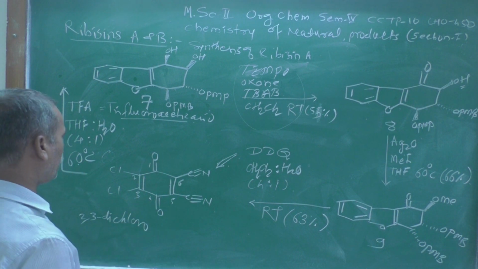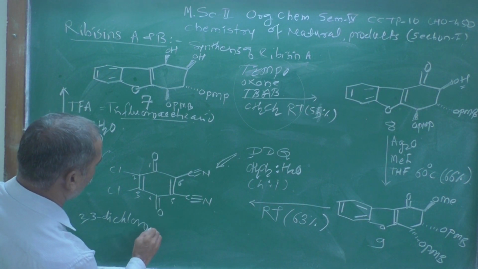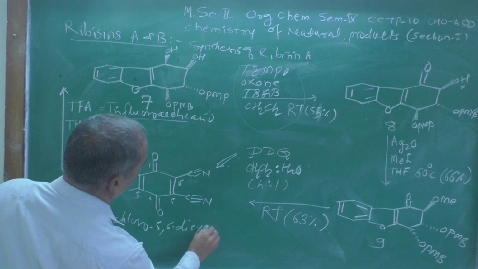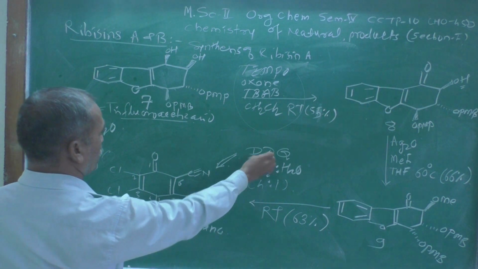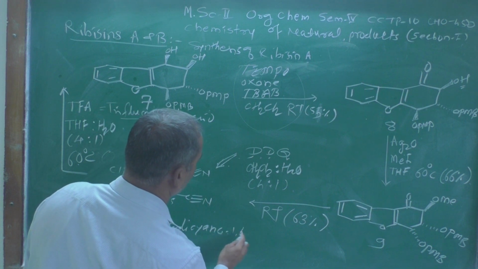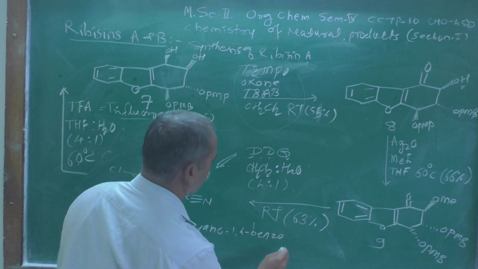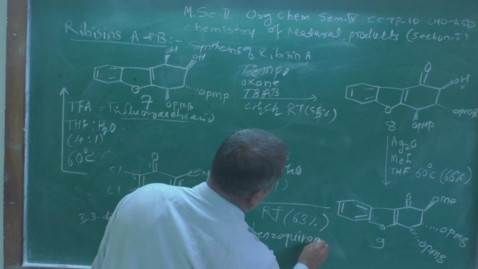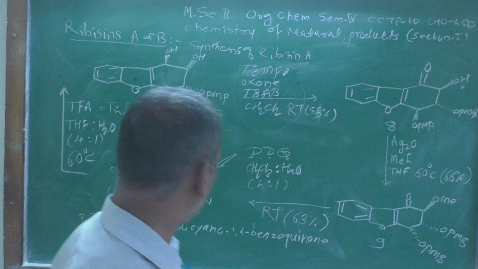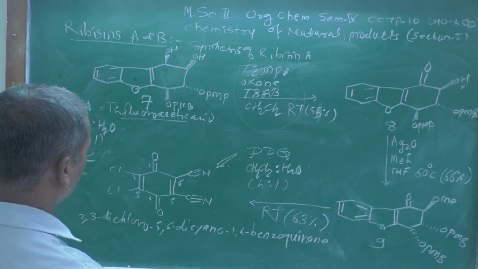2,3-dichloro, 2,3-dichloro means the first D, then 5,6-dicyano, the second D, and Q means at the 1 and 4 positions, 1,4-benzoquinone. So that is the full form of DDQ, which is a good